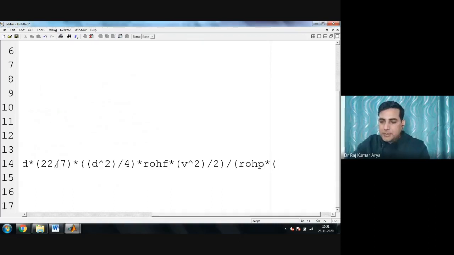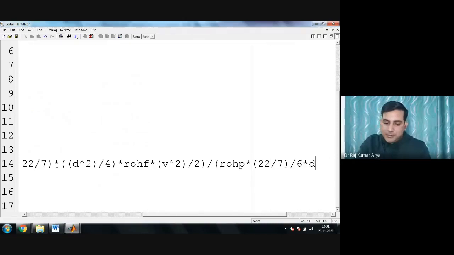So pi is 22 by 7, and you are dividing it by 6. Now the rest of the thing, you are multiplying by the diameter to the power 3.